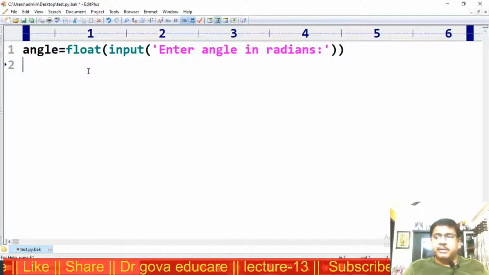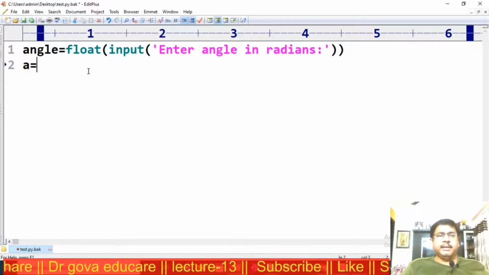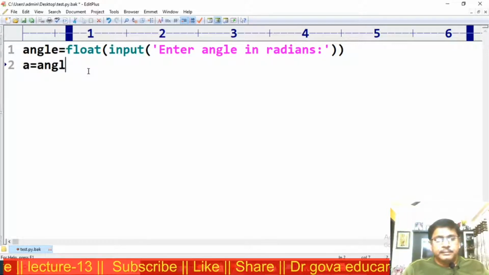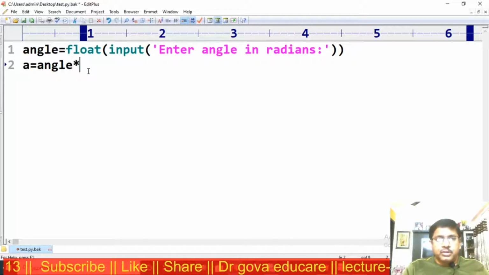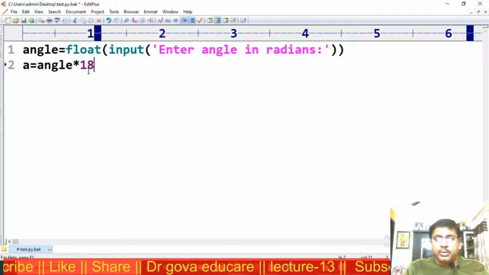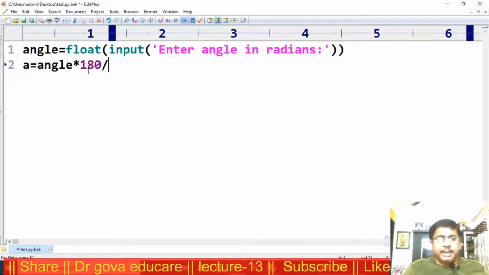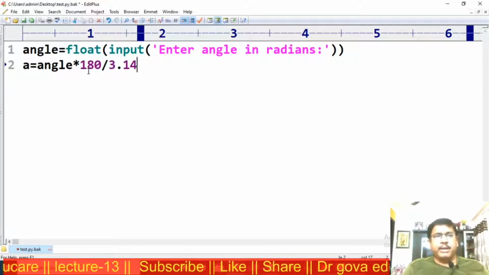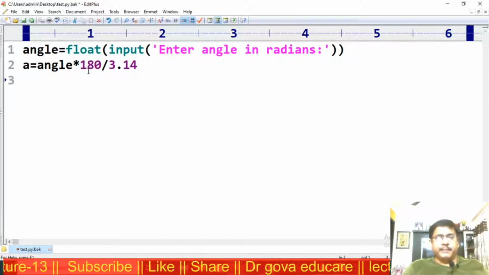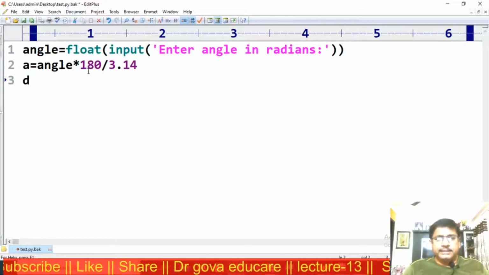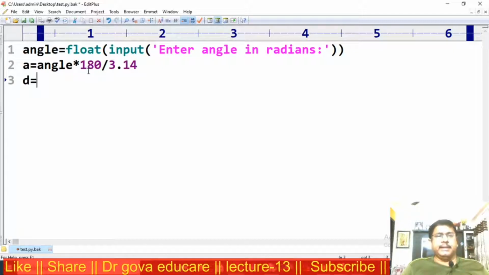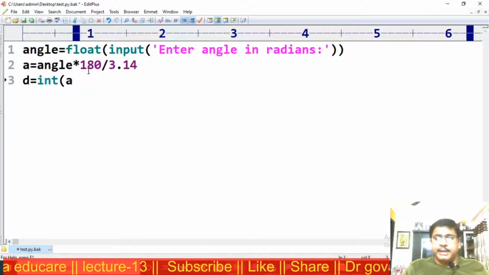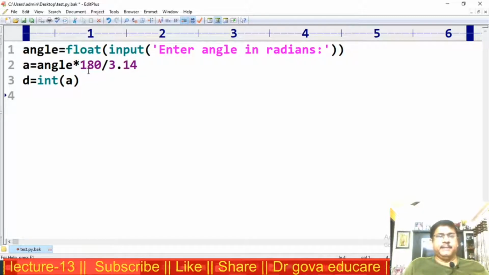Now first I am converting into degrees: angle star 180 by 3.14, the pi value approximately. I want degrees is equal to int of a, we get degrees.